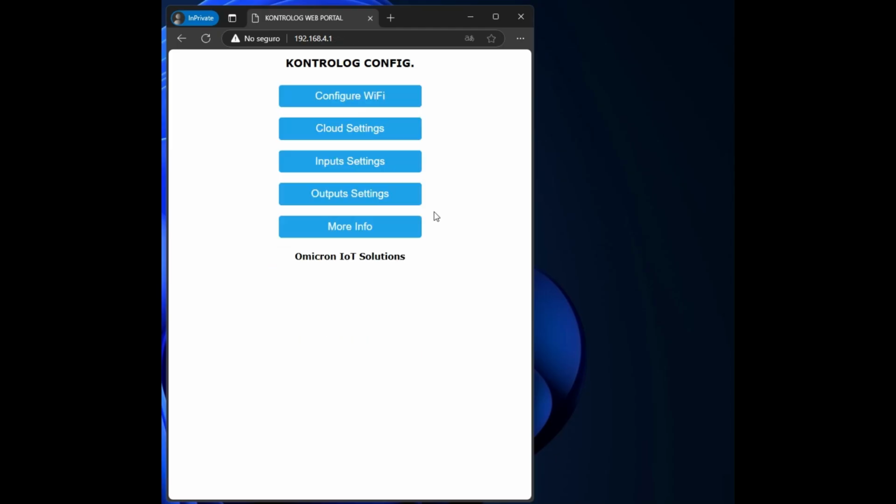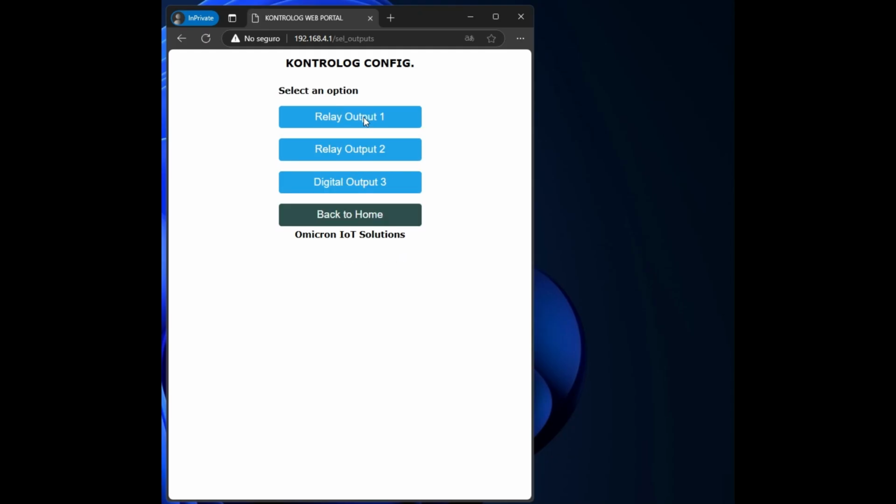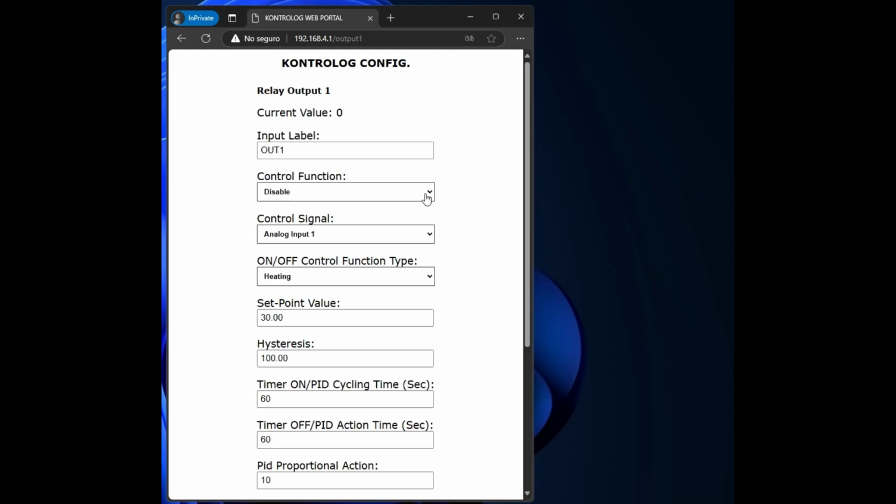To configure the ContraLog Mini's outputs, access the Output Settings section in the captive portal. Here, you can configure both relay outputs and the digital output. You will be able to see the real-time value of the output, assign it a name, and define its control